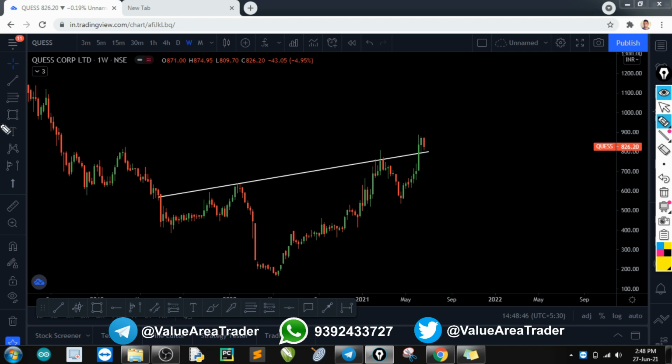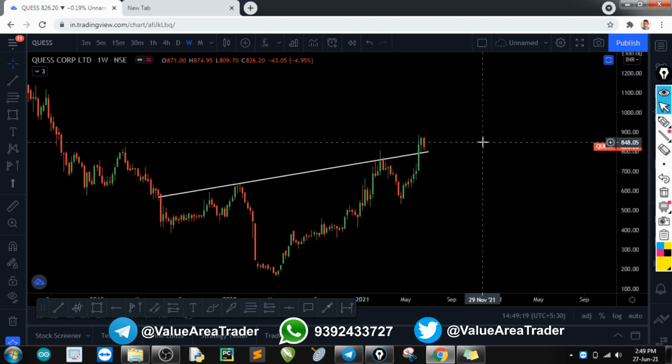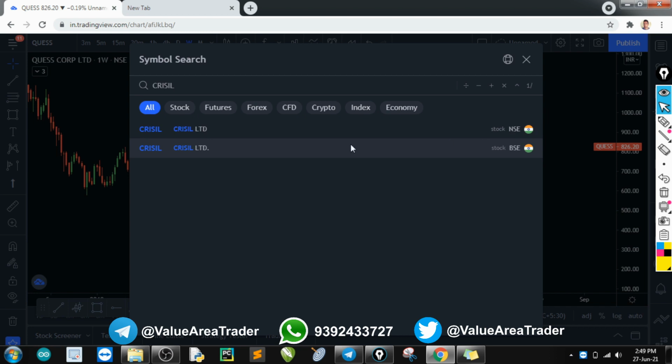There are no screeners for this. You have to manually see charts. Not every day, I do it only on Fridays. On Fridays and Saturdays, I go through a lot of stocks, probably the Nifty 500 stocks. I just rush through them, and whenever I see a stock making a new higher high in the weekly time frame, I wait for that stock for a reversal, and I enter here and I exit at the neckline. Okay, so that was all about Quest Corp.